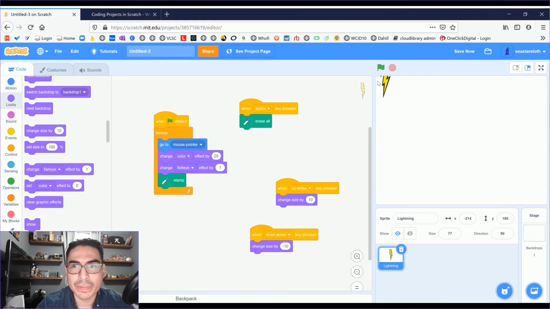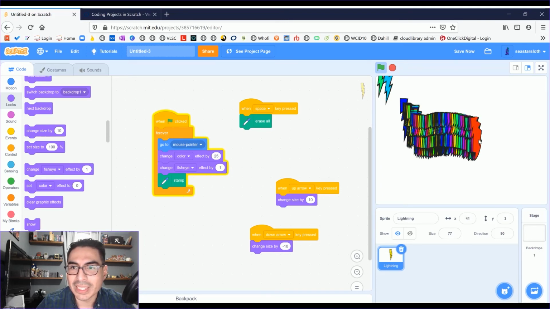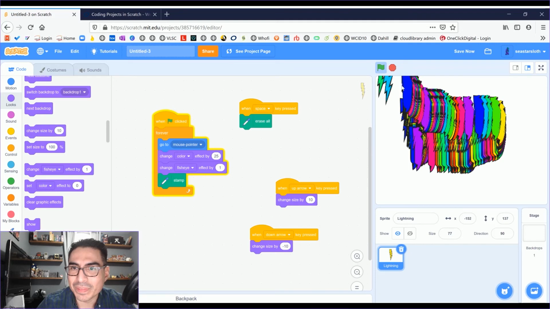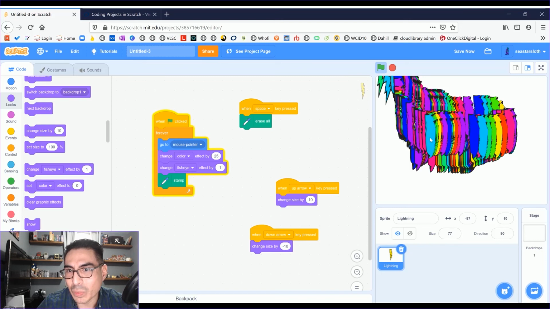Let's clear it and run it. Oh, it's kind of warping it into a fisheye effect. Well, it's just that lightning bolt is getting wider and wider.